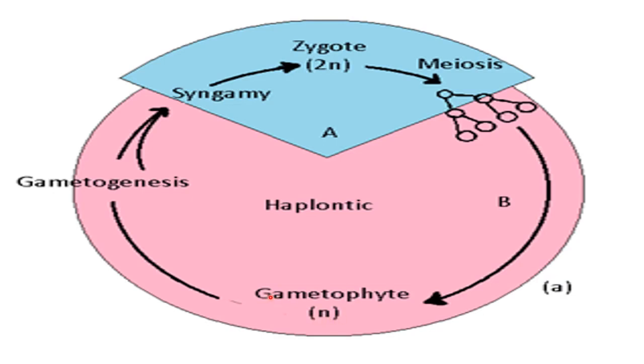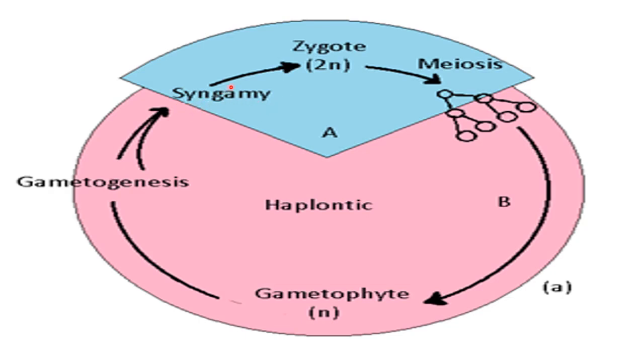Okay, and what is the function of gametophyte? To produce the gametes, right? So it produces the gametes, undergoes gametogenesis. Gametogenesis means process of formation of gametes. Now when the gametes will be formed, these will get fused. So this is fusion, means syngamy, or you can say fertilization, right?